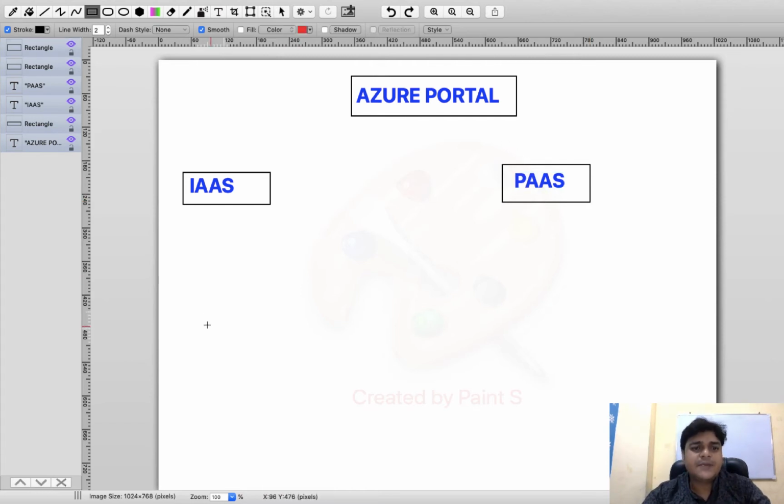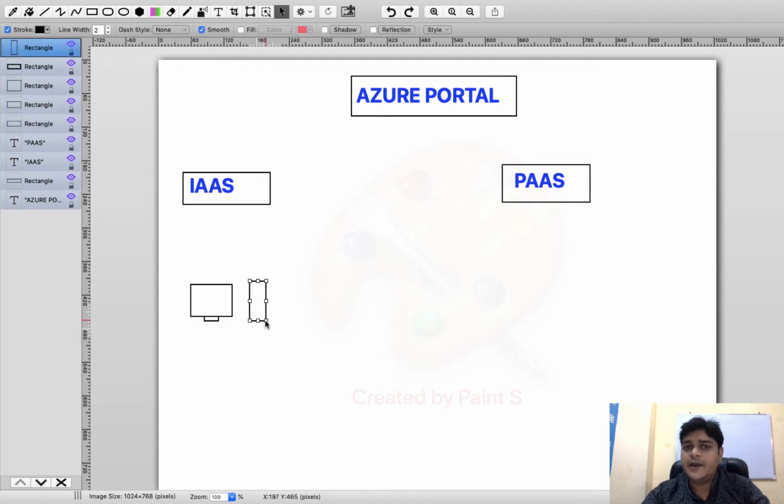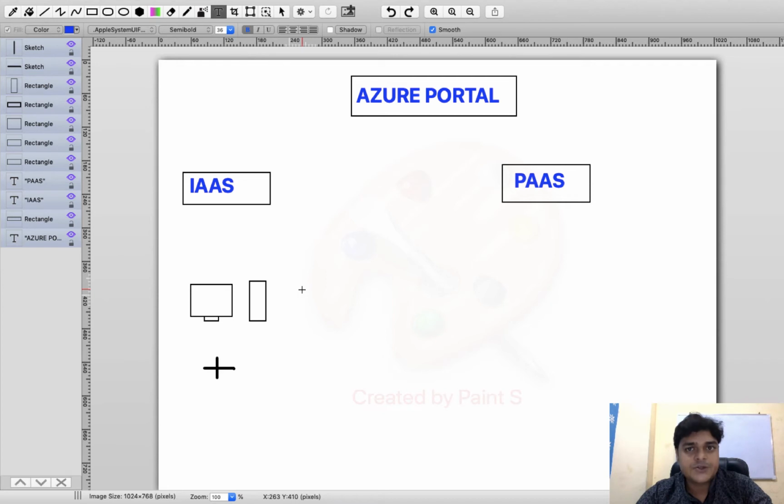So let's try to understand what we need to do if you want to host your website with the help of IaaS, meaning infrastructure as a service. If you want to host your .NET website or PHP website with the help of infrastructure as a service, first of all, you need to create one virtual machine based on the Windows operating system, or you can also say Linux or Ubuntu, whatever you want. So firstly, we need to purchase one virtual machine. After purchasing the virtual machine, you need to configure or install the IIS service if you purchased a Windows based operating system. If you purchase an Ubuntu or Red Hat machine, you need to install the Apache service in your VM.